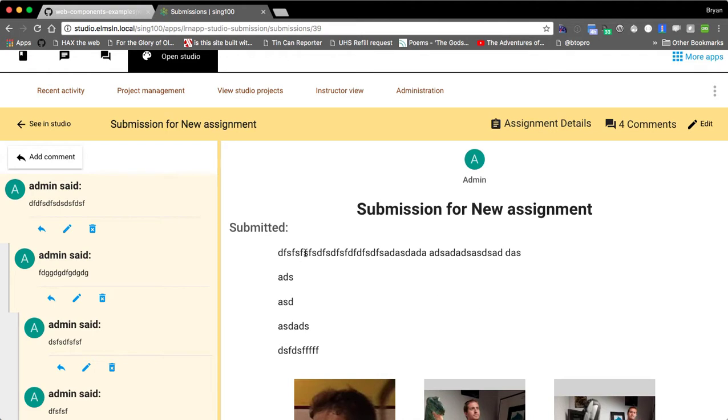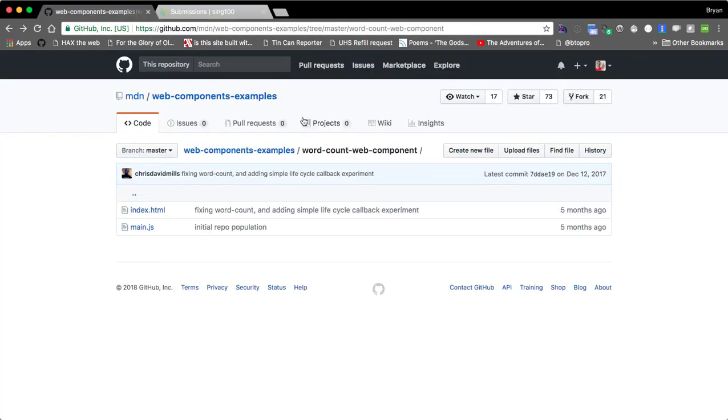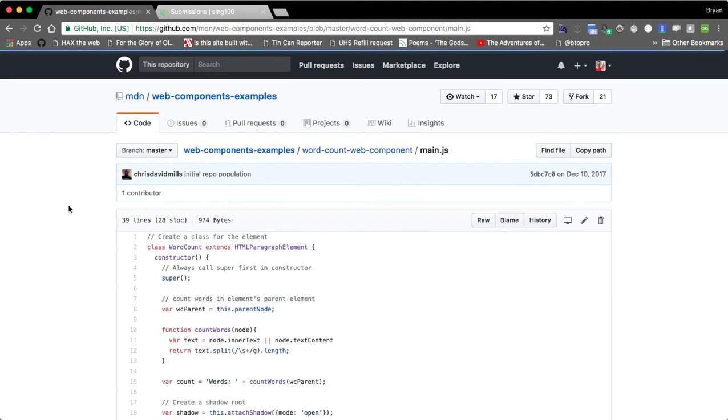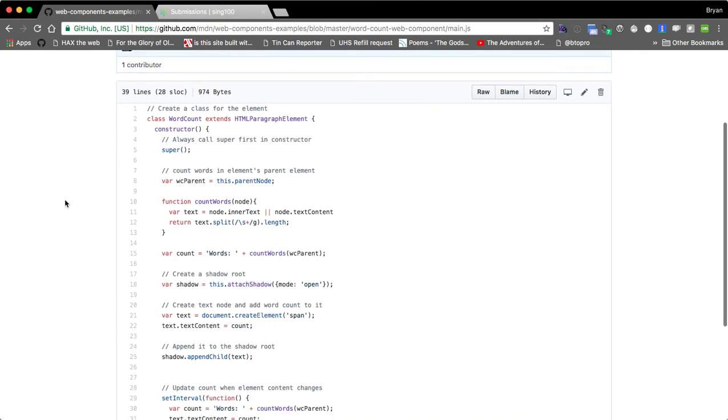So I searched webcomponents.org, my favorite phrase to say over and over again, for an element that did word count. I couldn't find one, but I did find this Mozilla Developer Network, slightly different, series of examples as far as web components, and they have one that's a vanilla web component. So let's look at what a vanilla web component looks like in this case,